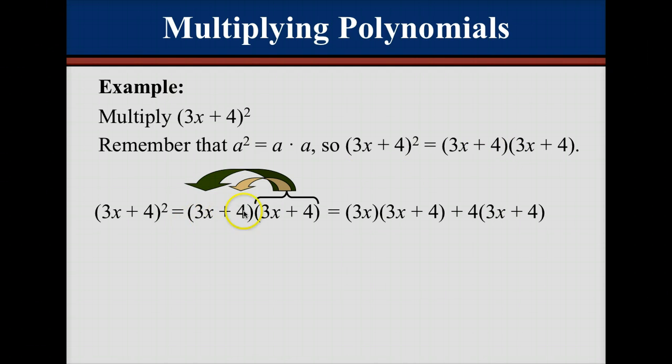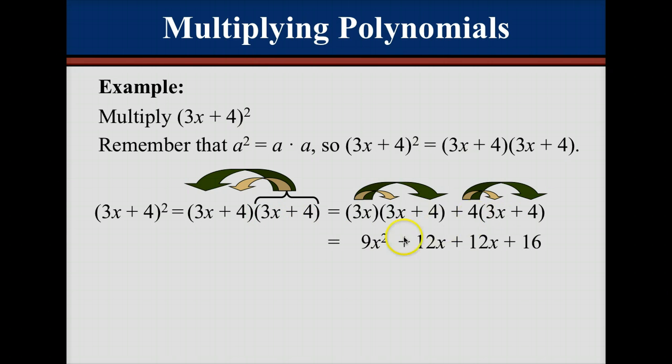So we're going to have 3x times 3x and 4, and then 4 times 3x and 4. Now distribute. We've got some like terms. Be 24x